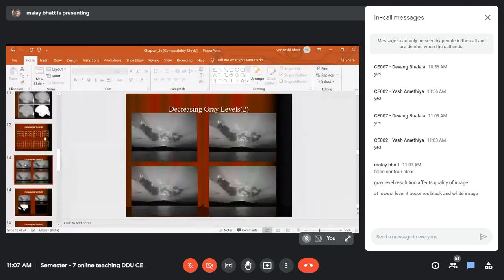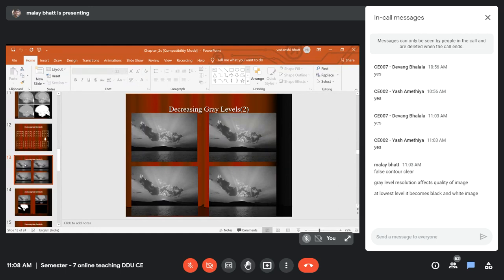So here you can see some of the images. We are decreasing the gray level resolution. The 256 grayscale image is the first one. Then the second one is 128. Then in the bottom left, it is the 64 gray level image, which is a 6-bit image.